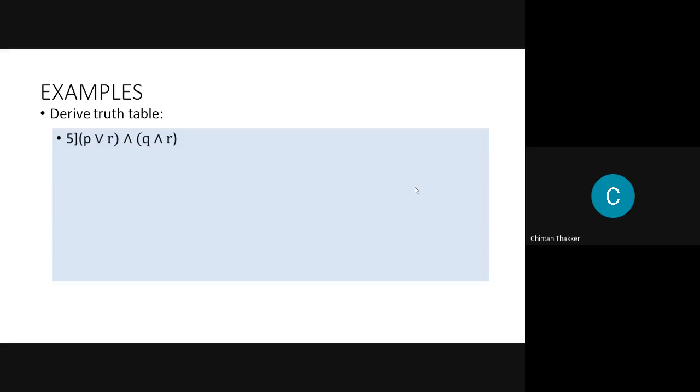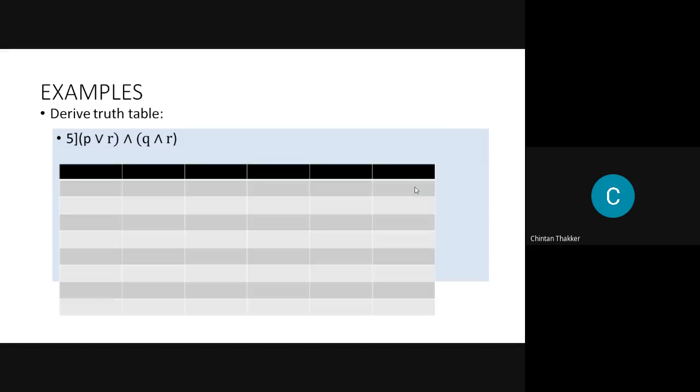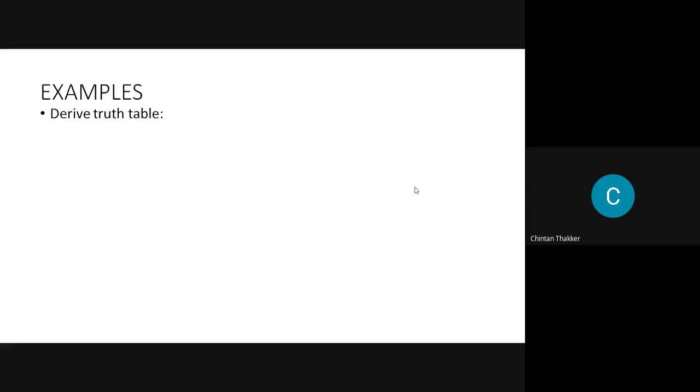Yes, good. There you have T, then 3F, then T again 3F.